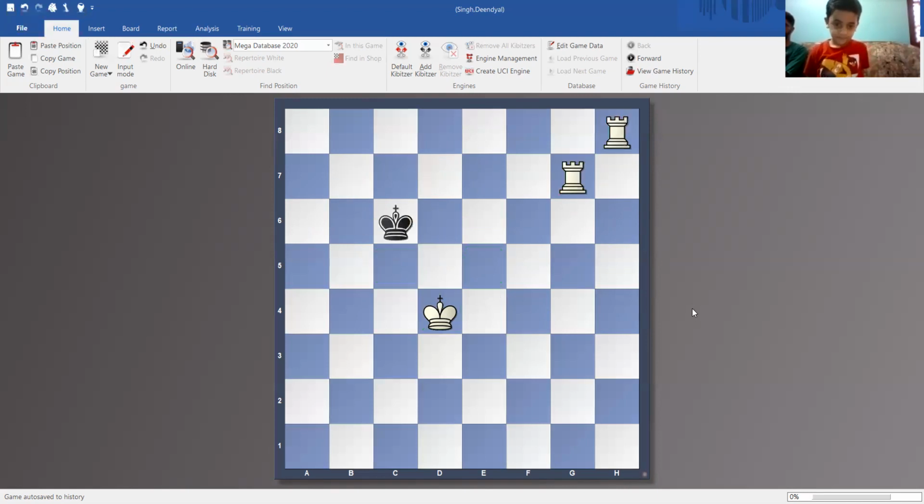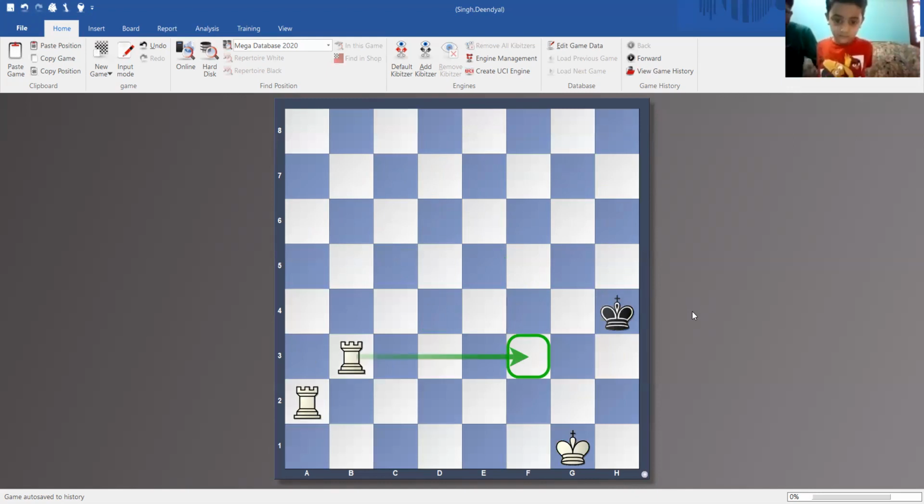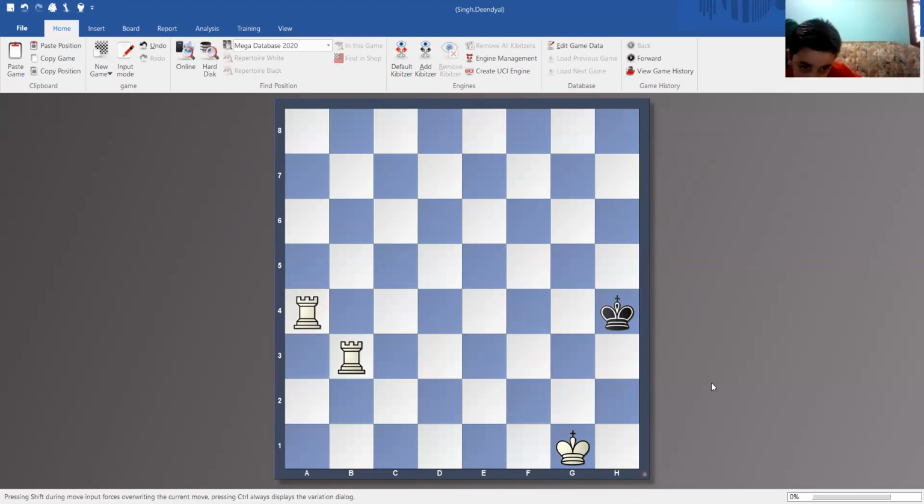Okay, very good. So now I will show you an easier way to checkmate quickly. That we'll practice in our next class again. So the easier way is, suppose if I start with rook a4 check, what will you do? King h5, right? Right. Then I will play rook b5 check. Then what will you do?